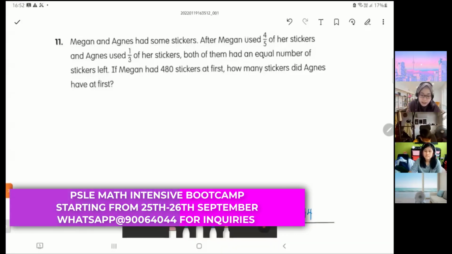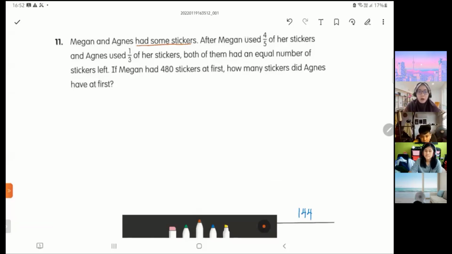Megan and Agnes had some stickers. I do not know exactly how many stickers Megan has or how many stickers Agnes has. I just know they have some stickers. After Megan used 4/5 of her stickers and Agnes used 1/3 of her stickers, both of them had an equal